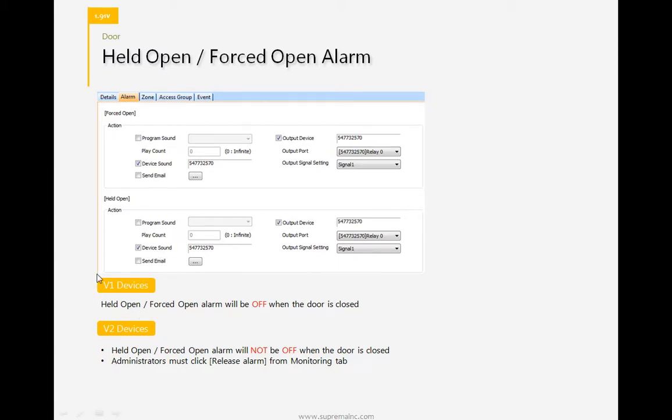So if the door was held open for too long, it will automatically turn off when the door is closed. However, for version 2 devices, the held open and forced open alarm will not turn off when the door is closed. The only way to release the alarm is for the administrator to click release alarm from the monitoring tab.